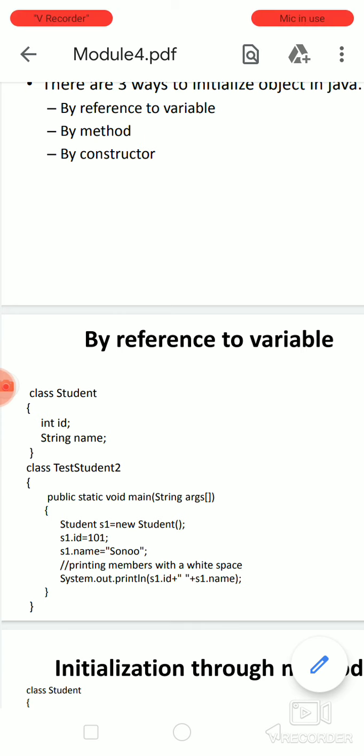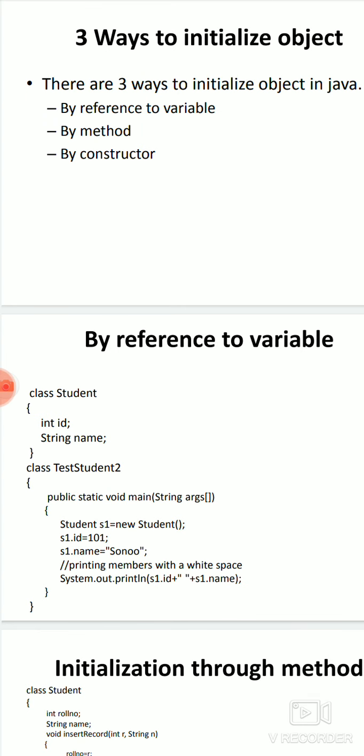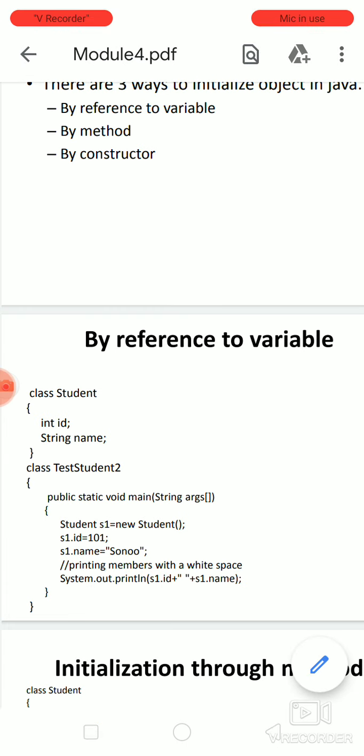That same method is called by reference to a variable. So if we look at this program, you have a class. The class name is student, with int id and string name. These are two parameters of the class. And another class, in which, as I have already mentioned, a Java program always should be written inside a class. This is a difference compared to C++. In C++, first we will write the class, after that we will start with a void main. But in Java, it is not like that. You have to write the void main also inside the class.